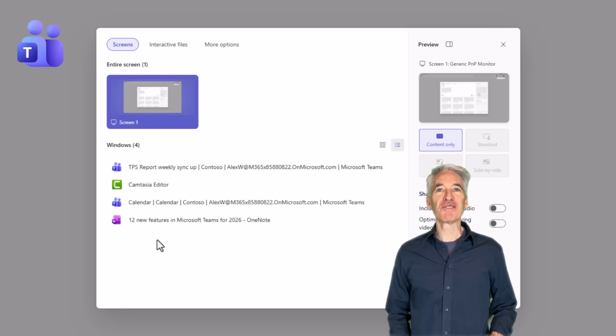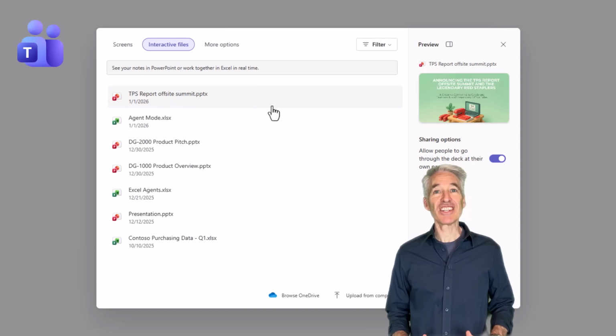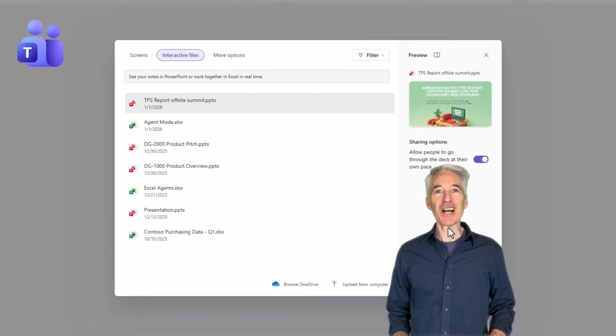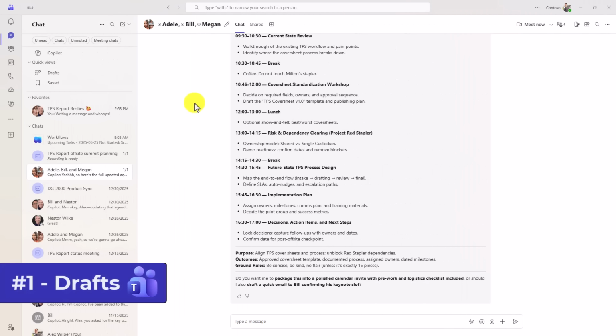I'll be showing 12 new features in Microsoft Teams. This includes a new unified drafts section, meeting improvements, channel updates, and a whole lot more. So let's get started. The first new feature is one of my favorites in a long time, and that is